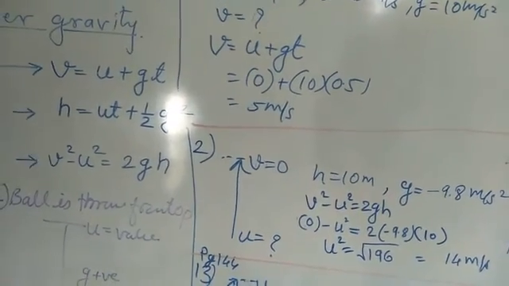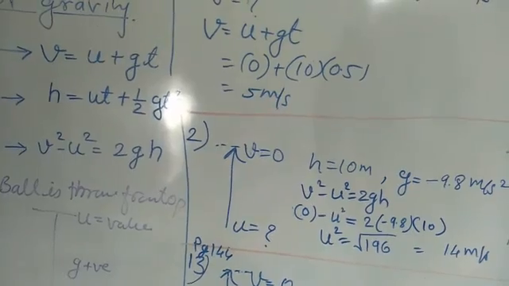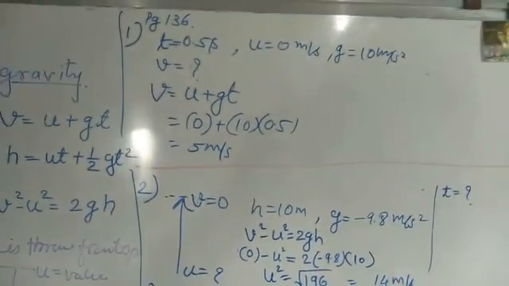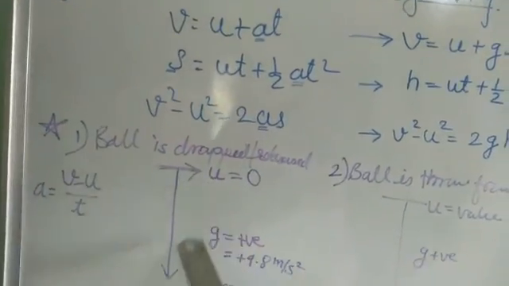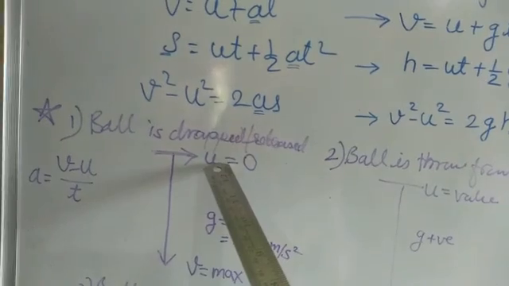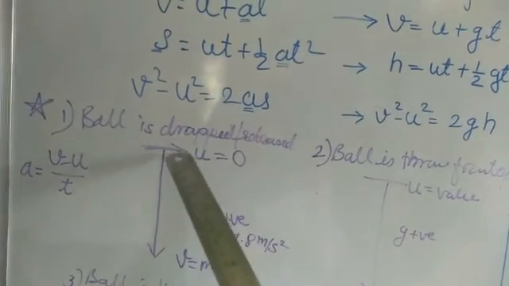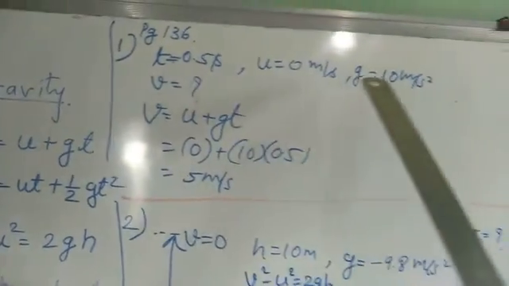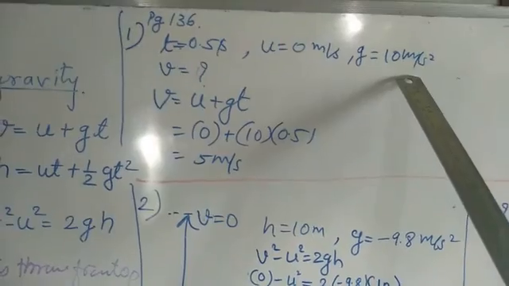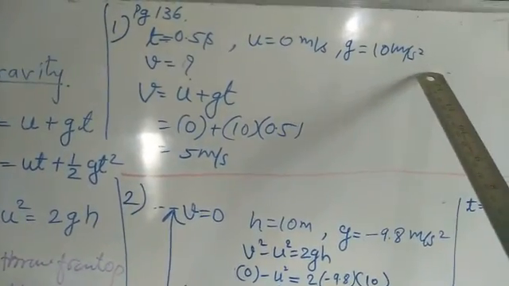Now first example of that, a car falls off a ledge and drops to the ground in 0.5 seconds. A car falls, it means it will be this type of situation. So initial velocity will be equal to 0. It will have some maximum velocity as it is coming down. g will be positive here and the g value is already given, that is 10 meter per second square. So after reading the question, we have written all these values.